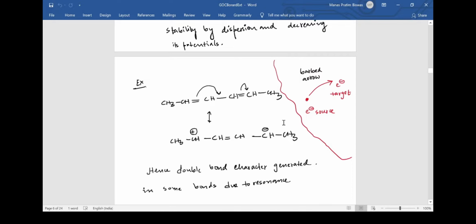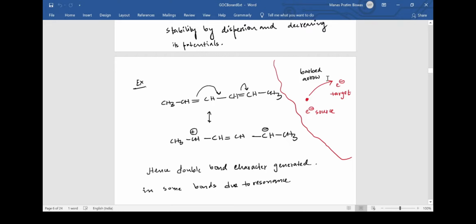Here I have tried to give you a brief introduction to the reaction mechanism and its notation. It's not reaction mechanism actually. I have shown you how we show the movement of electrons. Suppose this red dotted site is the electron source. That means electrons are here at this site, and suppose the electron wants to jump to some other place, and this is the electron target. So we show this movement via an arrowhead. This is called the barbed arrow.